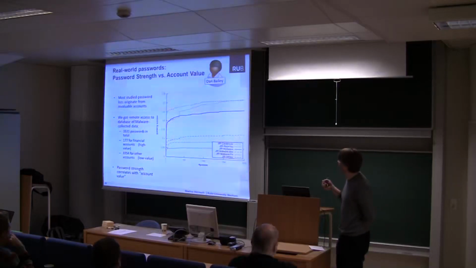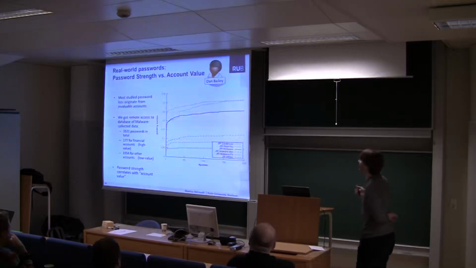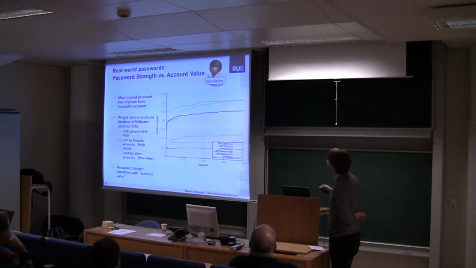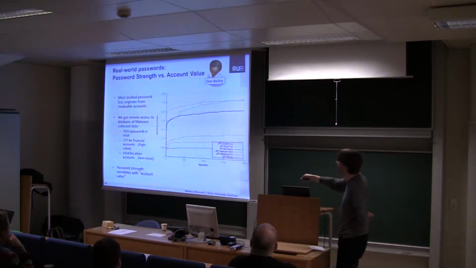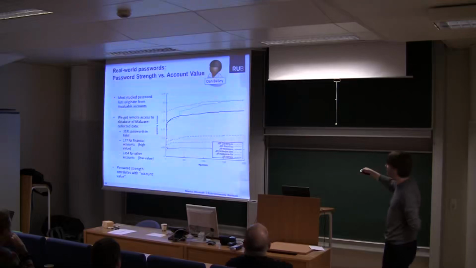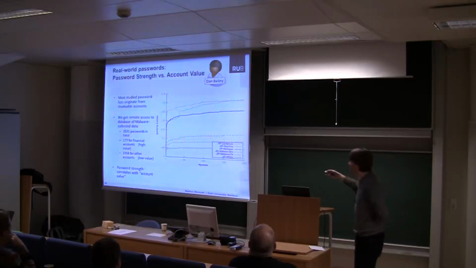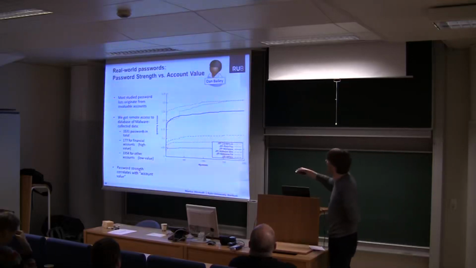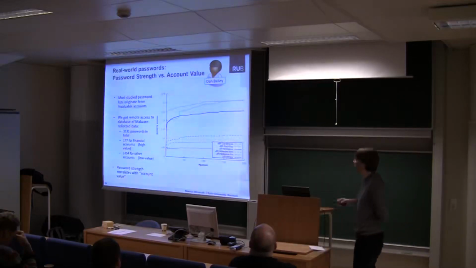So that's a nice graph. It has colors and all, but what does it say? And I have to say this is joint work with Stanberry. It says that the interesting lines are the black and the purple. Black are the low value passwords and purple are the financial or high value passwords. And we see that indeed, not that surprisingly, the financial passwords, which is the lower curve, are indeed stronger